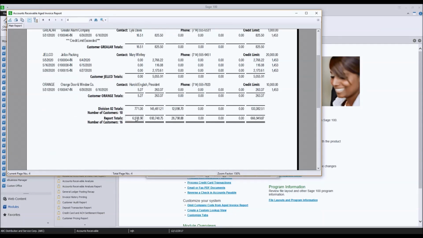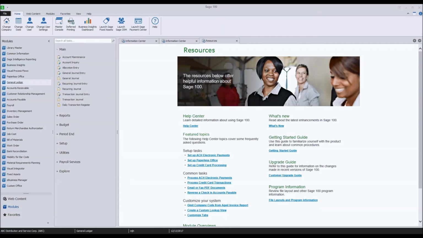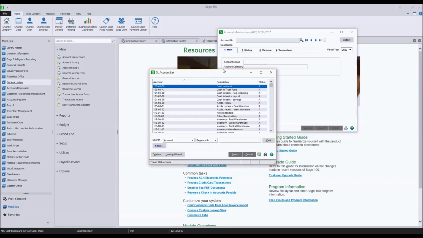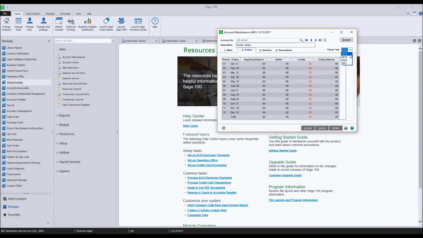And if I look at my AR in total, I should have $6,500 in total accounts receivable. I want to go back to my general ledger, and I want to look at my AR there. Now, again, this company has divisionalized accounts receivable, so I'm going to have to add up all of those values. This particular account doesn't have anything. The 01 has the $500,000, and this other one has 145.